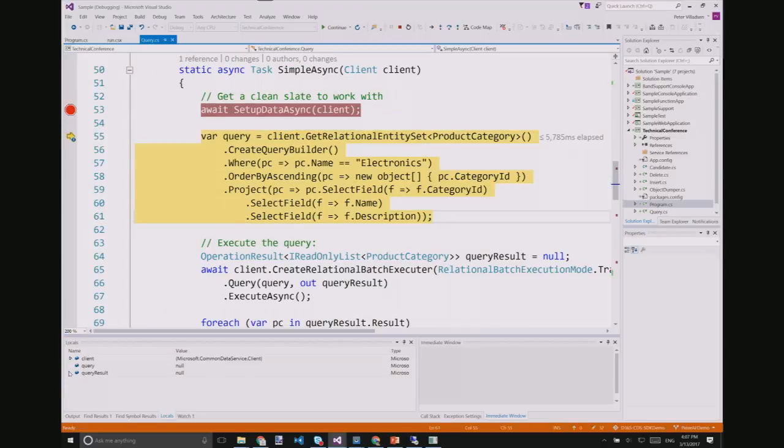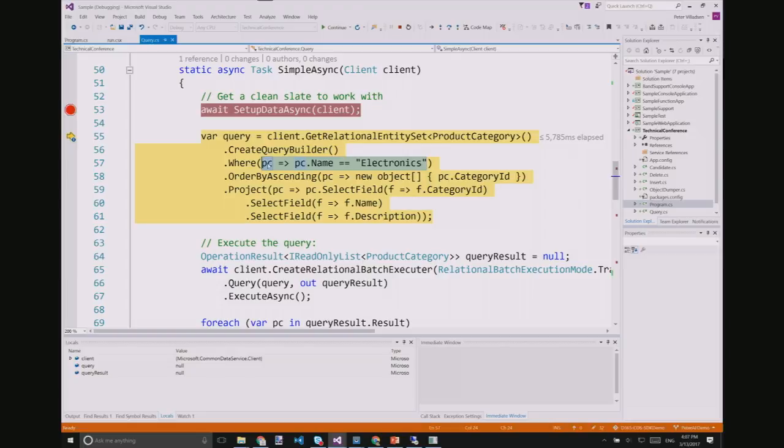Whammo. Good? All right. So here's what goes on here. You have yourself a query, and you use this query over the product category. Product category happens to be an out-of-box entity. You create yourself a query builder, and then you start adding stuff to it. So here I am adding a where clause that says this. So what exactly is this? Well, it's obviously a Lambda function.